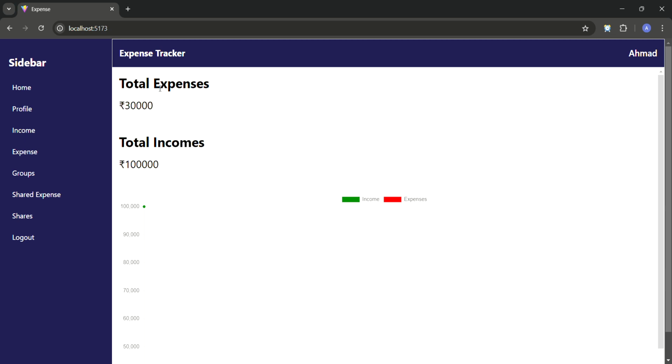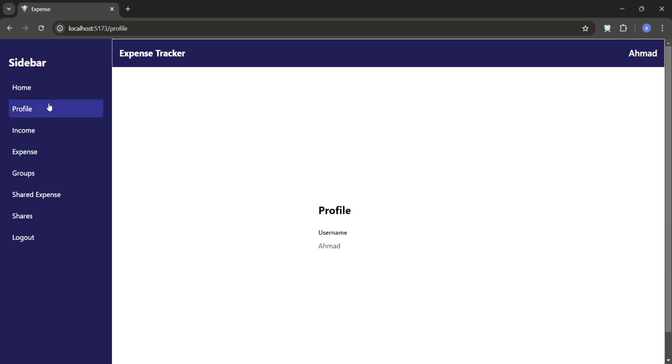Mainly, this website is used to handle personal expenses and also shared expenses between multiple users. And this is the home page of the website, which shows the total expense and total income of a user who has logged in to the website. This is the profile section, which shows the username of the logged in user, and this is